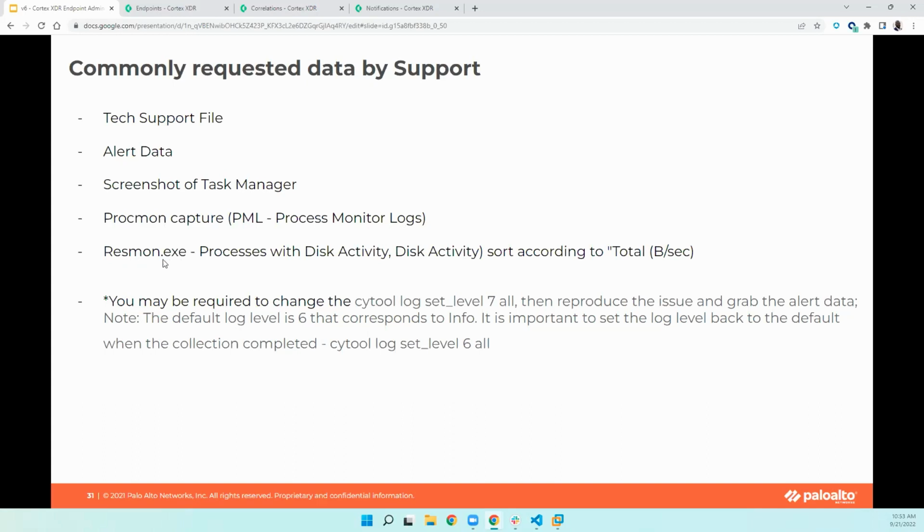And just like we use Resource Monitor to see the disk activity, CPU and memory as well, you can use Resource Monitor. For debugging purposes, you may be required to change the log level using the site tool to 7 or so that you can change the verbosity level. Then later you can change it back to the default so that you don't generate too many logs in your